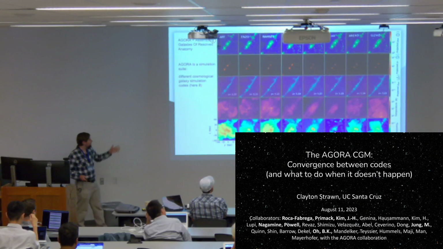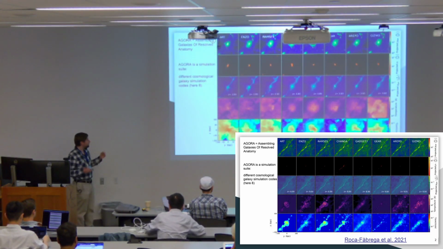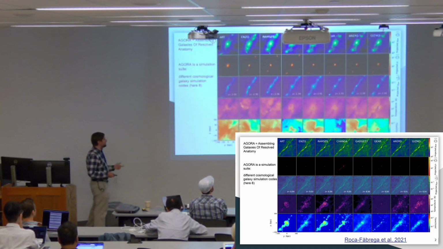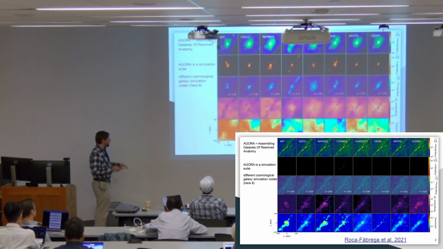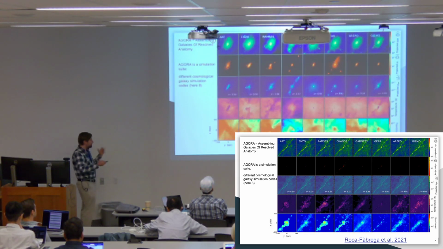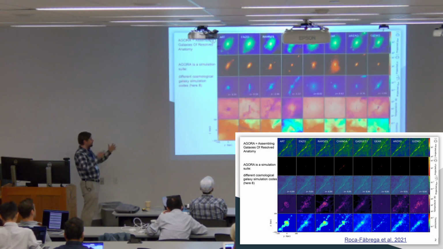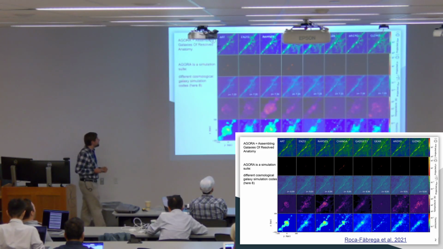This is the same video that Joel watched a couple times, so I'm not going to spend too much time here, but essentially the AGORA collaboration is these 8 different codes that are all asked to do the same thing, starting from the same initial conditions. They start off very similar at high redshift, and then they start to diverge from each other a little bit, just through chaotic effects, minor things that build on each other until we have structurally similar things, but which have a lot of different details.